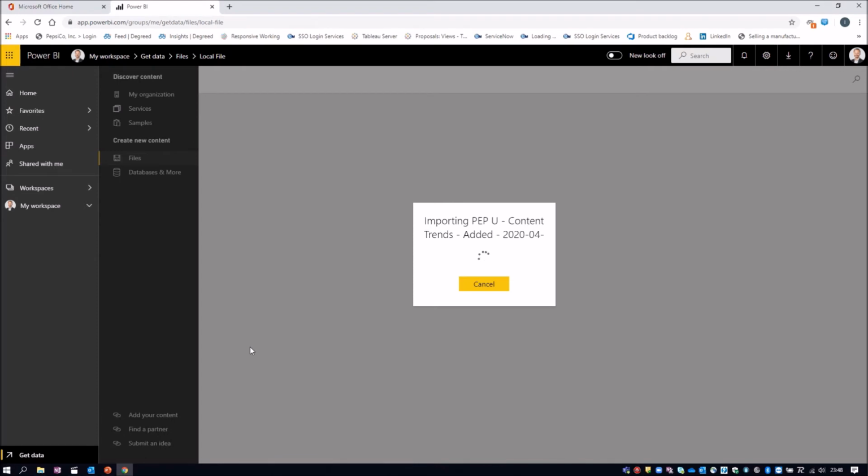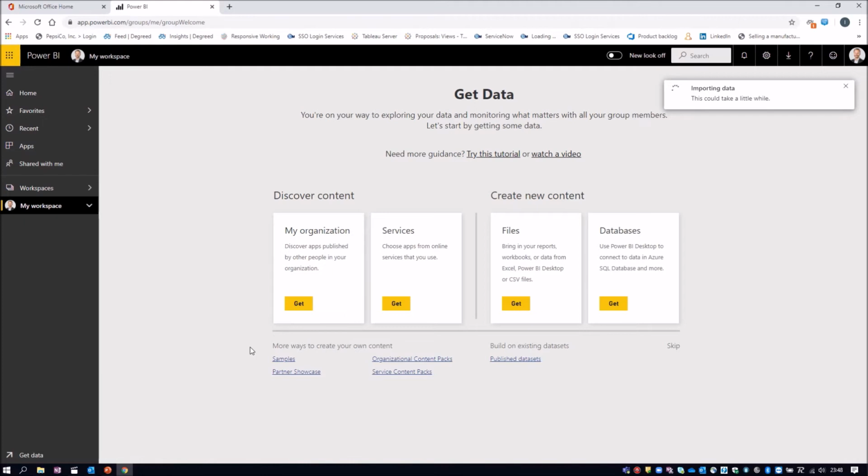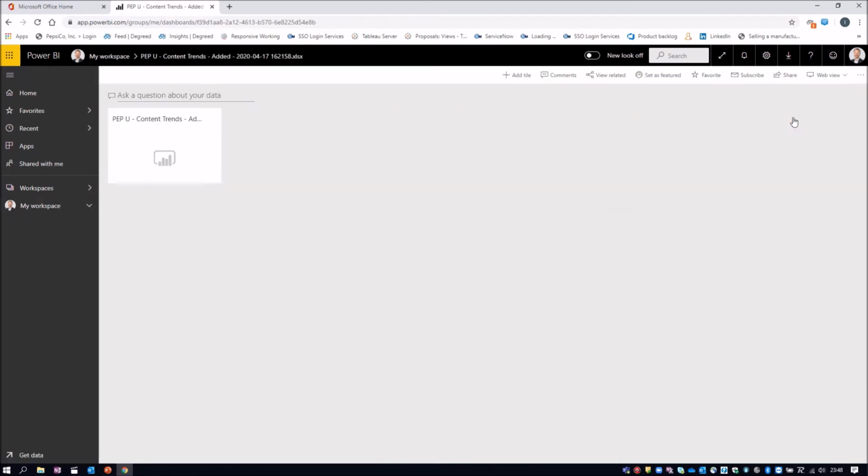And this is uploading the information into Power BI. You see there's still a message here saying this is going to take a little while. Now it's ready. It says success, and it's asking me to go to the dashboard. We will go in there.